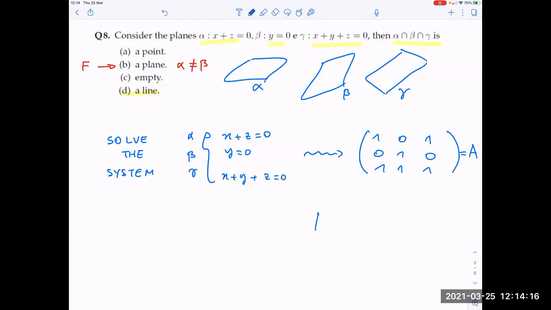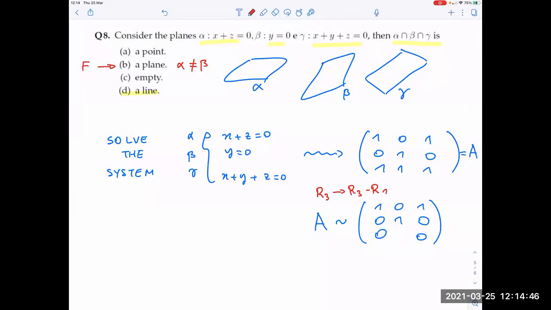I think you will all agree that it is row equivalent to the matrix 1, 0, 1, 0, 1, 0, 0, 0, 0. Right? By performing what elementary row operation? Well, simply row 3 goes in row 3 minus row 1,